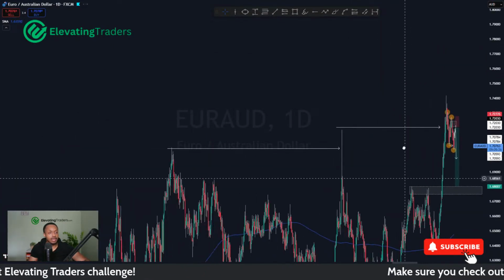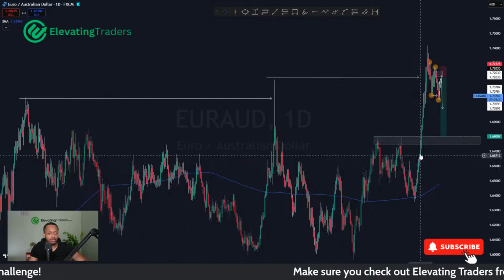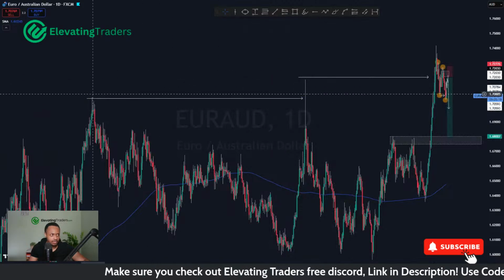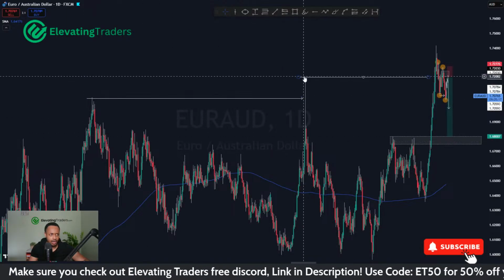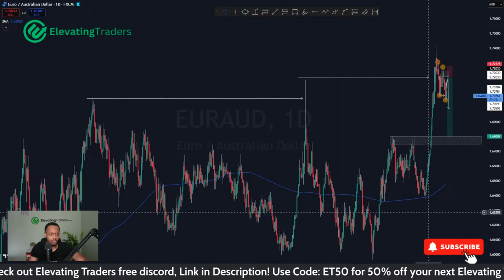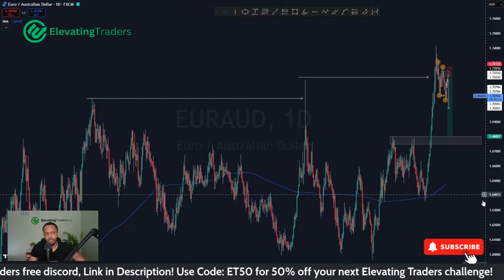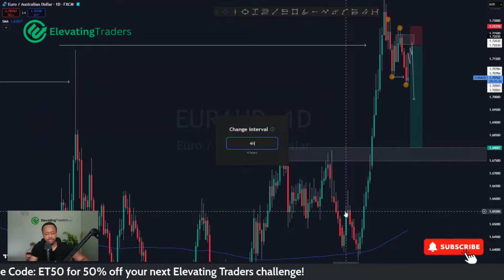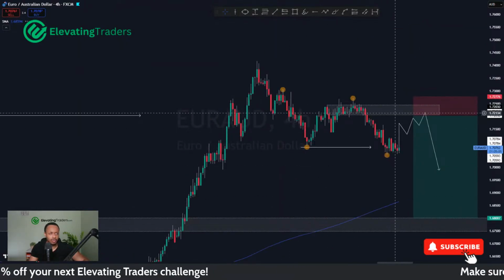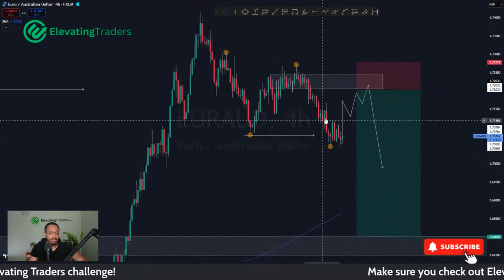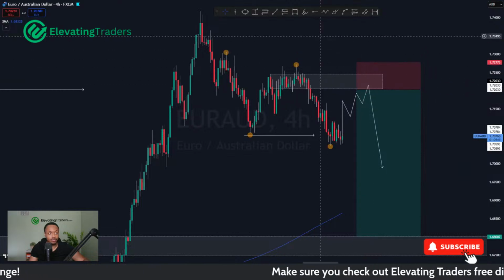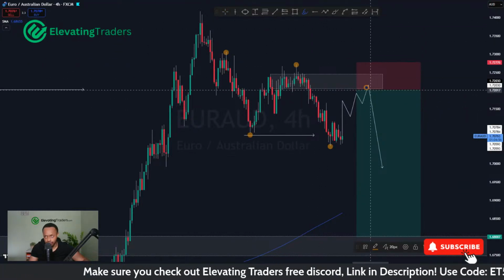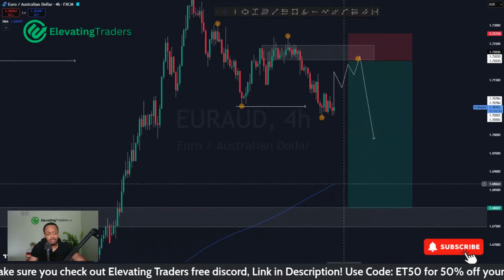But yeah, Euro Aussie, I do have a bit of a bearish bias for this one. I'm looking for price to come back and test this resistance level at 1.68. Major swing high here. We spiked through that, had a big pullback afterwards, then spiked through it again. I do think we'll see a pullback afterwards, a pretty big one as well. Judging by the lower time frames, we're starting to form some lower lows and lower highs. So if we can get another pullback, that would be great. Form another lower high, just like we did over here, just like we did over there, and at least a swing back to where we came from.